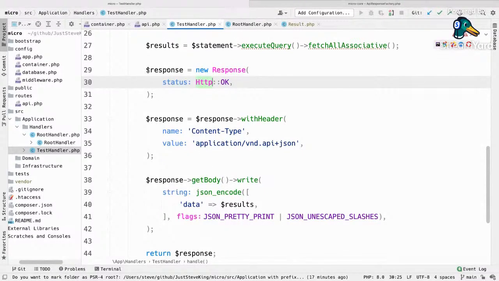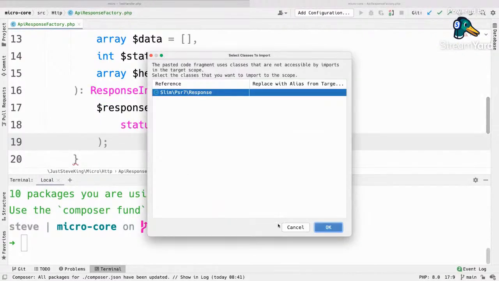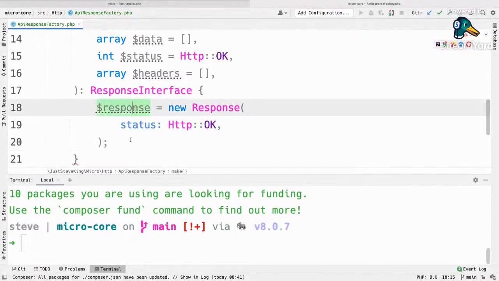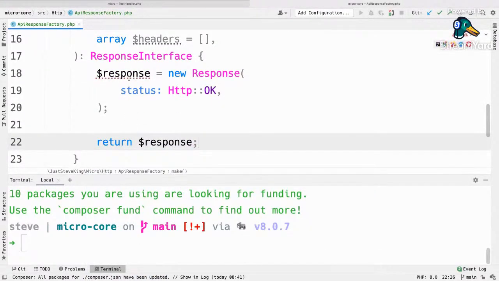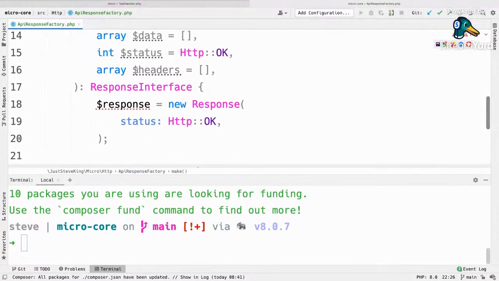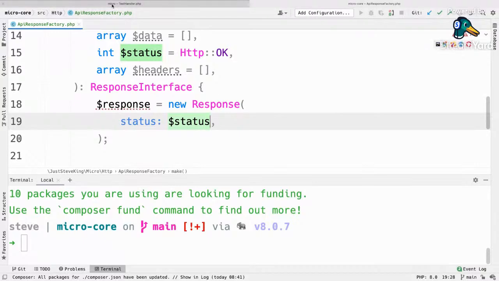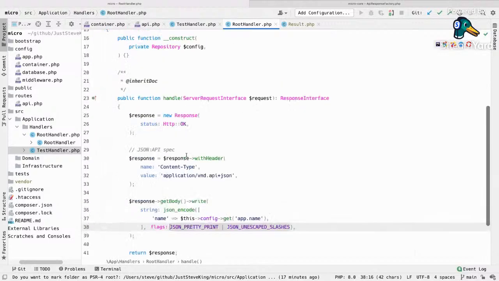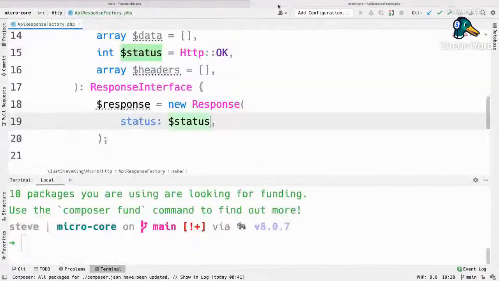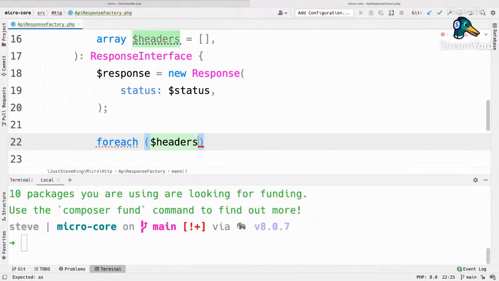So what I'd like to do is cut out half of this. So let's say hit the new response. Here's my Slim response. Perfect. And in the end, we'll just be returning the response. The status there is going to be passed in status. The next step, if we look at the root handler, we'll follow that pattern because I know that one worked nicely. So this is where we can say for each headers as the key value,